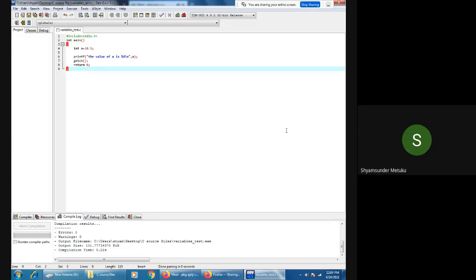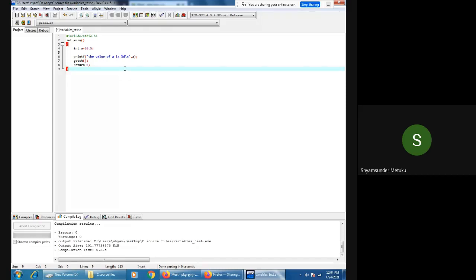Is the value of a an integer or a real number? Real, sir. So what is the property you have given to that memory? It is a variable and it also holds the data type of which type? Integer. But what value are we trying to assign? 10.5, which is not an integer, right or not?